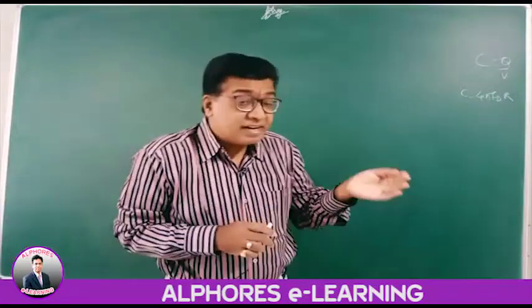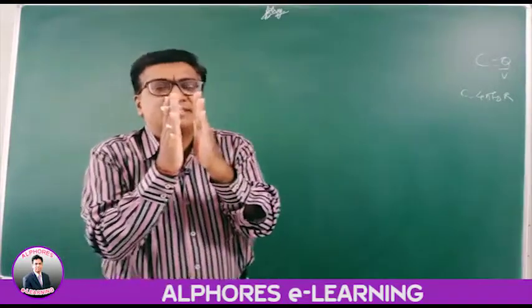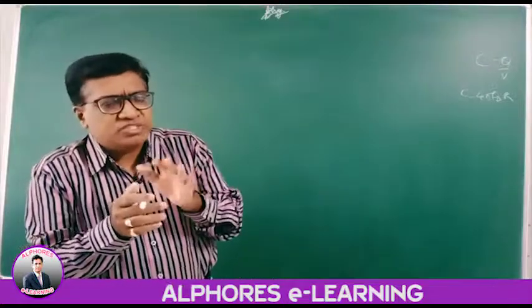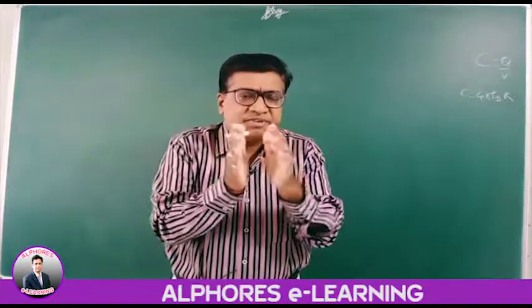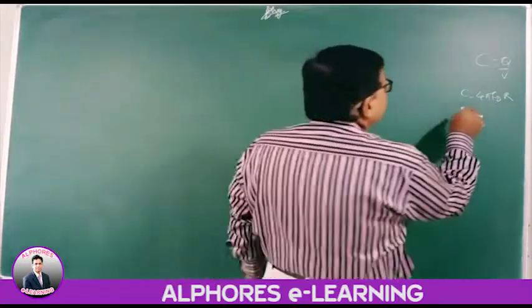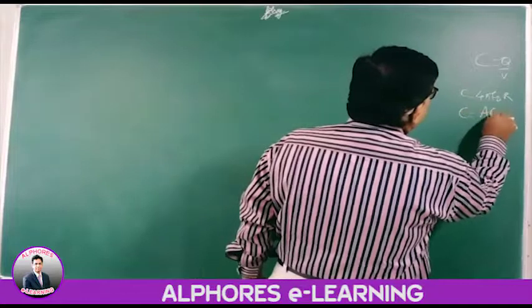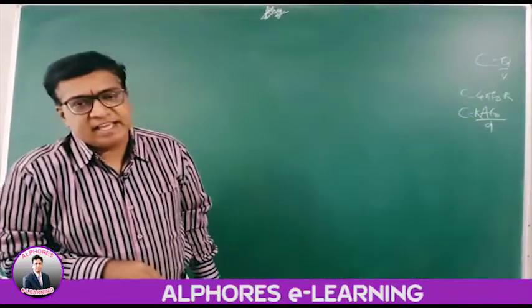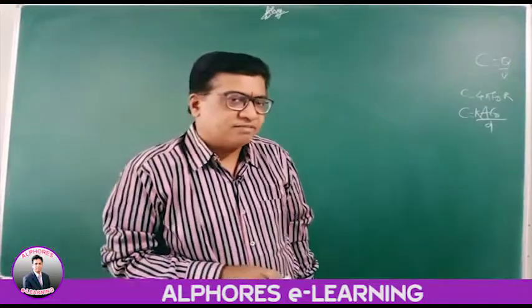Next, parallel plate capacitor. Two parallel plates placed very close to one another. One of the plates is to hold charge, the other one is to produce the field, and the other plate is connected to the ground. So the capacity of a parallel plate capacitor is A epsilon naught by D. If there is any medium between the plates, it is K A epsilon naught by D. This is the capacity of a parallel plate capacitor.